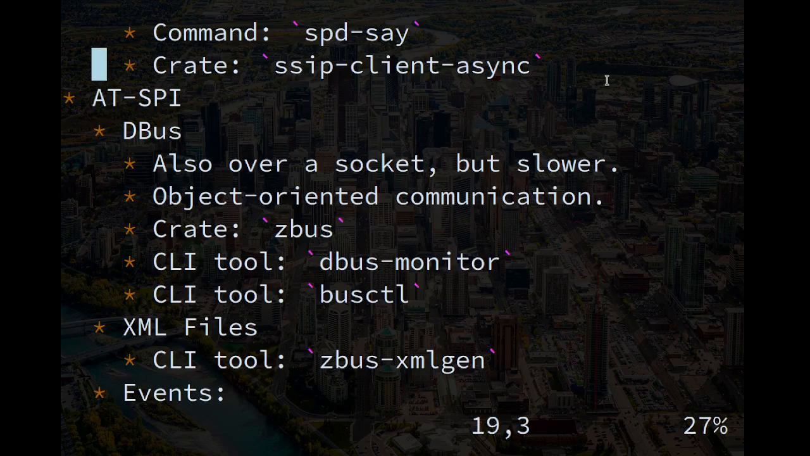So I have modified an already existing library called SSIP client, and I've added essentially Tokio async on top. They had a version that was synchronous, but I just added a few extra features, and now that's a crate you can get on crates.io, SSIP client async. This allows you to construct SSIP commands and then send them over a socket, and then you will get a